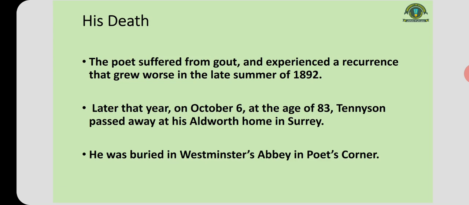A poet having a great career died, alas. That was a moment of big loss for English literature. He was suffering from gout, which was becoming intense, and he experienced a recurrence that grew worse and worse with the passage of time, and in the late summer of 1892 he was on his deathbed. Later that year, on October 6, at the age of 83, Tennyson passed away at his Aldworth home in Surrey, which is a county of England. He was buried in Westminster Abbey in Poets' Corner,